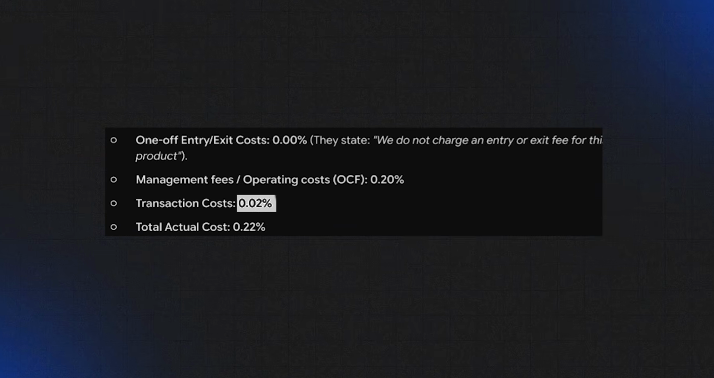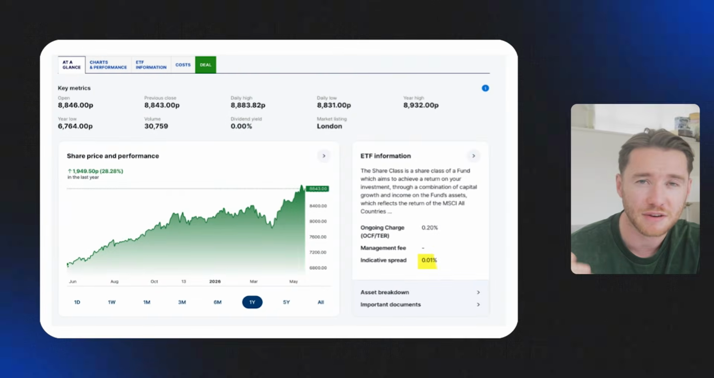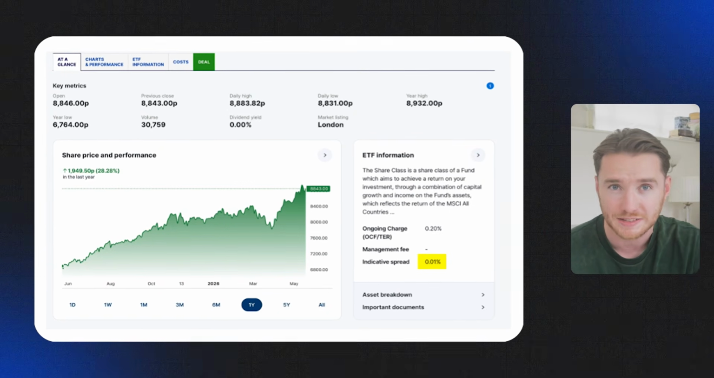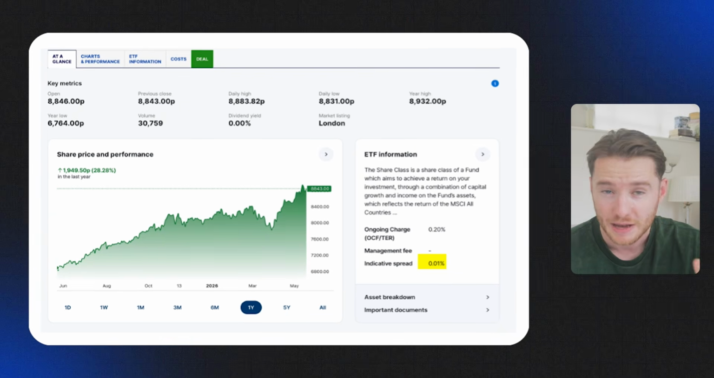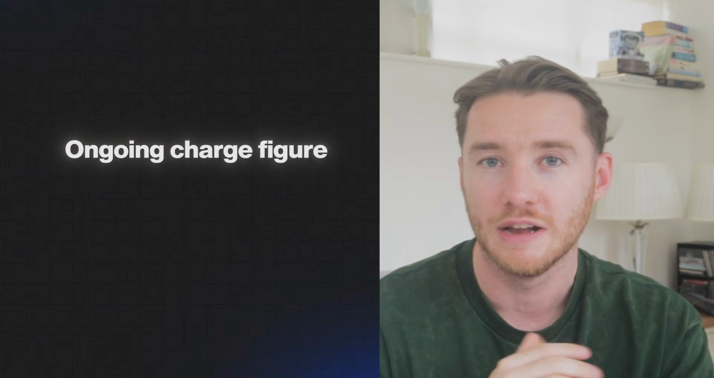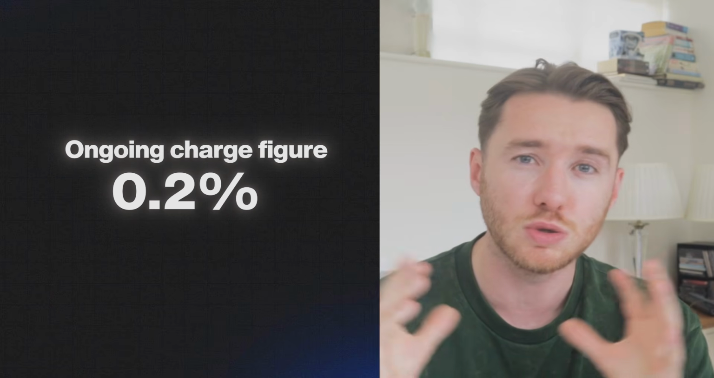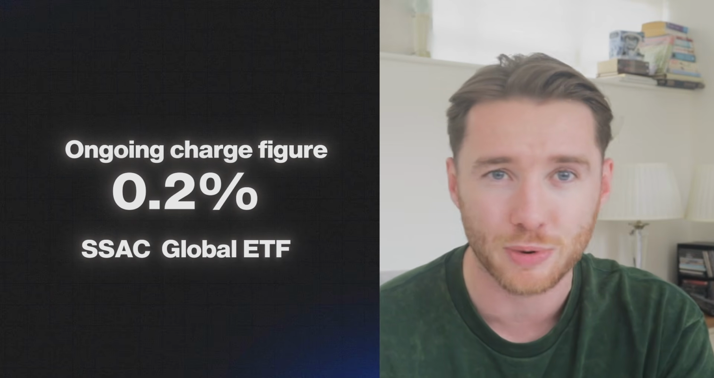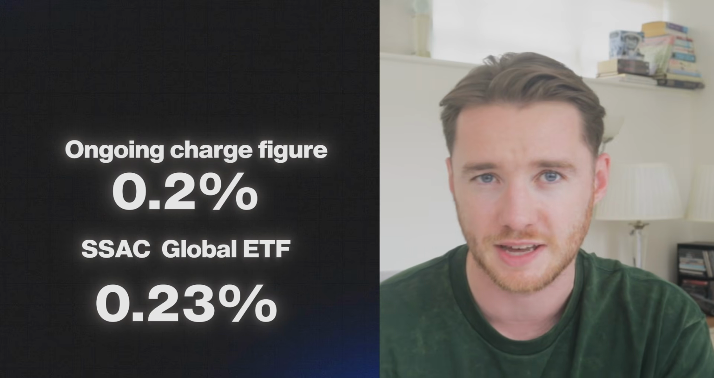When I asked AI as well, just to sense check this, it gave me a relatively similar answer of 0.02% for this ETF. So I think my back of the envelope calc using the annual report was roughly along the right line, but it might be a little bit outdated. So using this 0.02% transaction fee figure and adding in the very tiny spread fees of 0.01% using HL again as a proxy, plus the ongoing charge, the headline figure of 0.2%, means that the total cost of this SSAC global ETF is 0.23%. I'm conscious there's been a lot of numbers thrown at you, so here is a summary